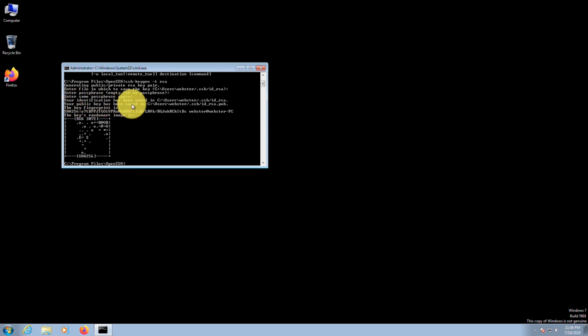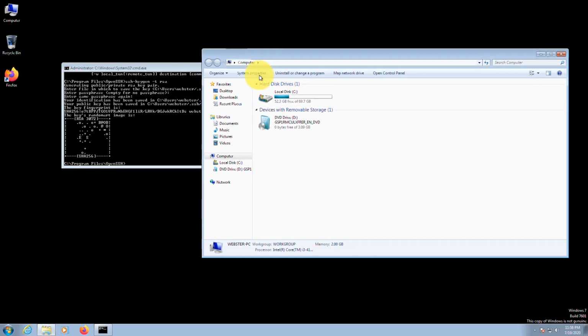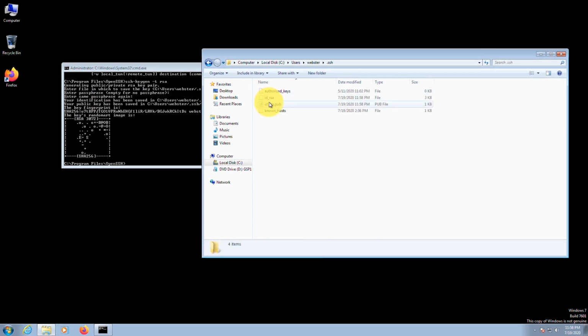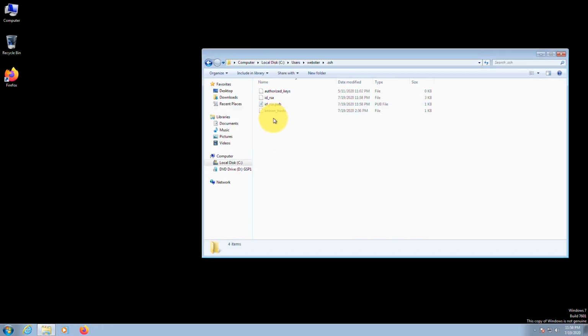Here you can see the location that the public key is stored in. Next, go to that location. Go to local disk C, users, your user account folder. Here mine it is Webster, the .ssh folder. Here you can see a pub file, so open it with your favorite text editor.